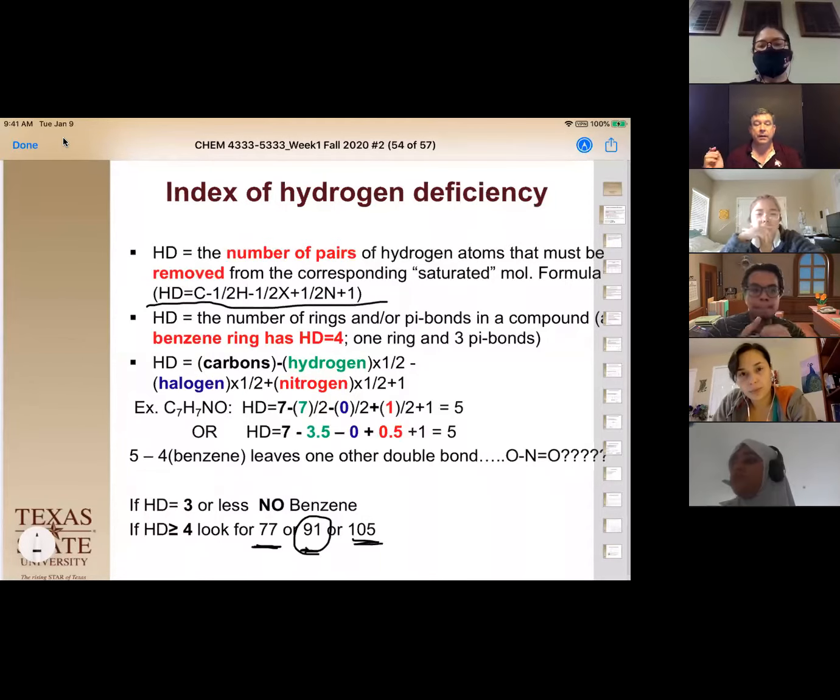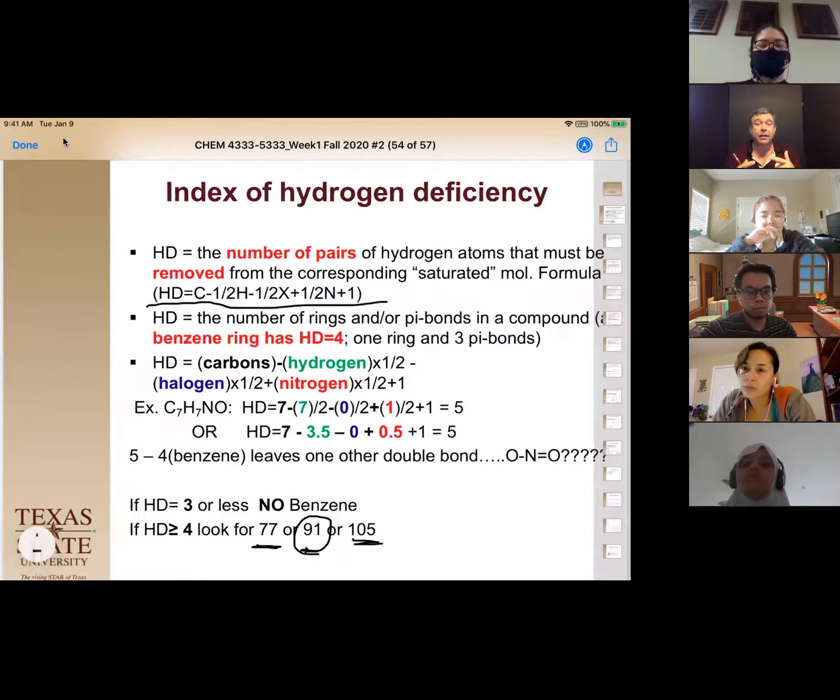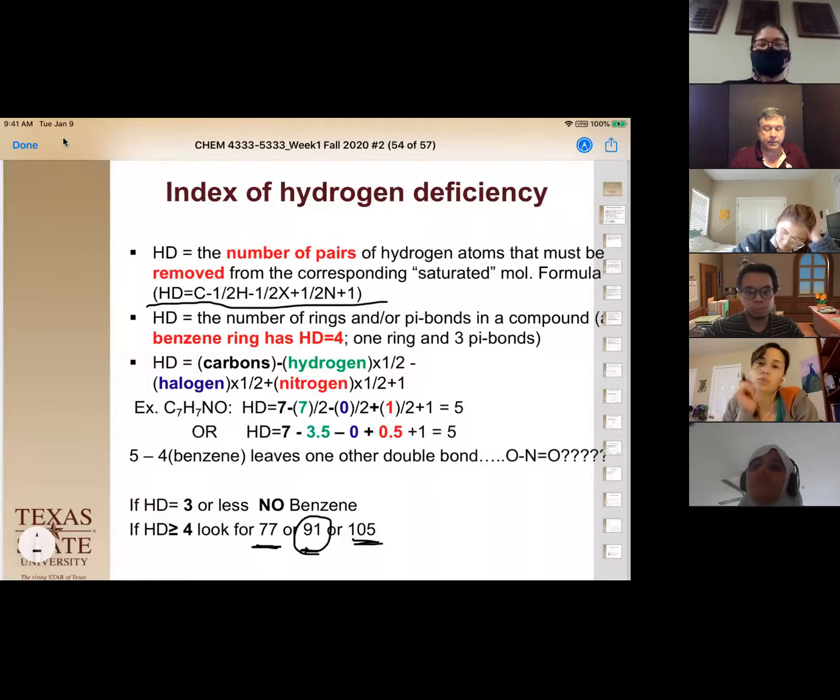Okay, so now notice that in this calculation there is nothing for oxygen. Okay, the reason oxygen is not included in this calculation is oxygen always bonds twice anyway. And so it's basically a net 0 as far as double bonds go, and therefore we don't have to include that in our calculation. So only hydrogens, halogens, nitrogen and carbon are included in our calculation. Okay, so this one's already done here for this compound here, but we can do it for a couple other ones. Let's go ahead and do something a little different, like